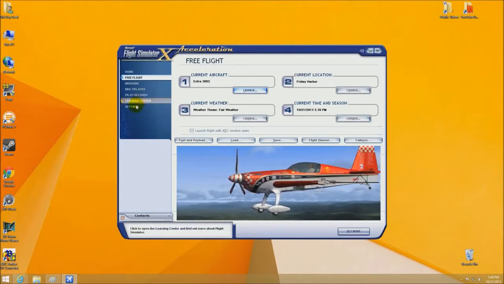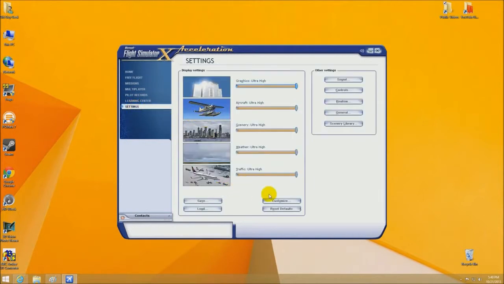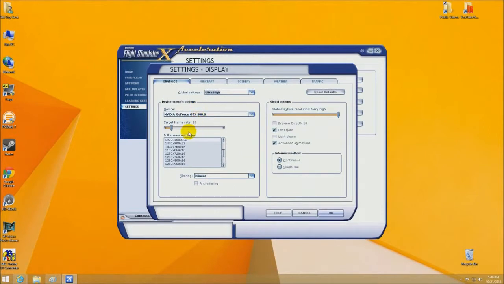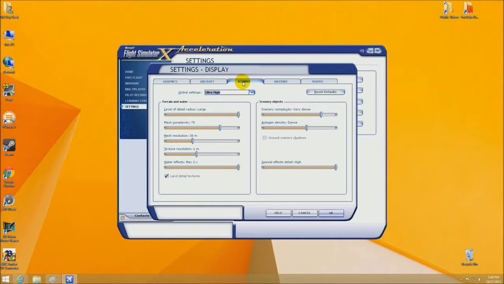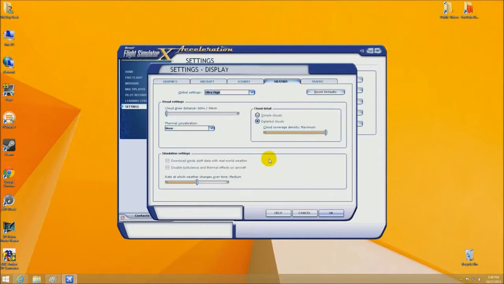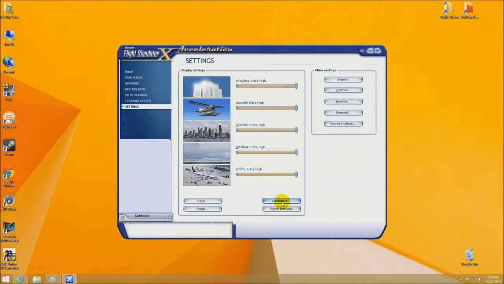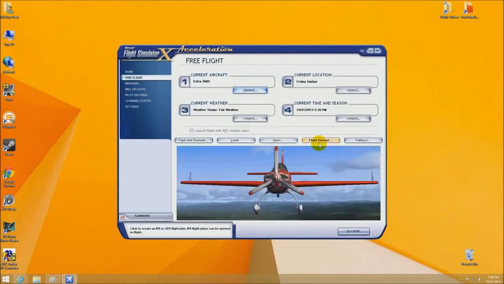Now, of course, here inside, if we go to the settings, you need to set up your system. If you look here, you can select, like I selected, ultra high, and here's all the settings. It automatically sets to it. It recognized my card, and you would do this for your card as well. Select whichever one you want, probably the highest resolution, because remember, this was a 2006 game, so most video cards nowadays are much more capable and should be able to run it fine. That being said, I chose the ultra high, and I had several crashes during the course